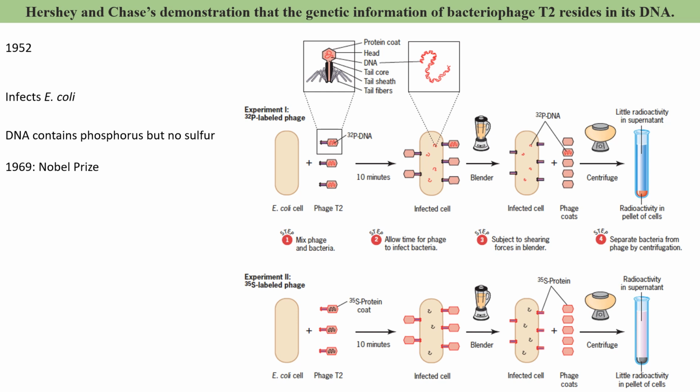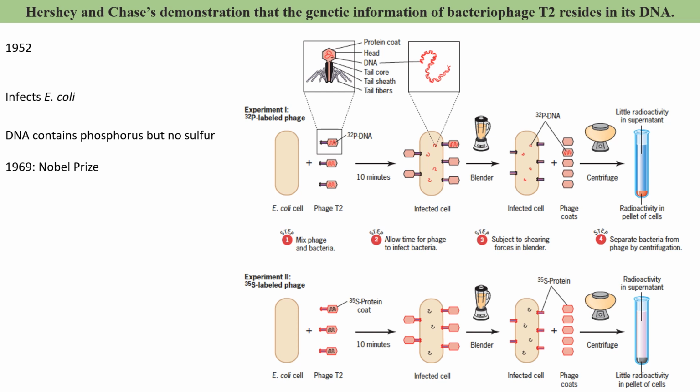E. coli bacteria which were infected by radioactive DNA, you see here, were radioactive. You see this in this pellet, and in this bacteria you see the viral DNA is being incorporated in the bacterial genome. Okay, and this pellet is made up of bacteria and it has radioactivity, but the ones who